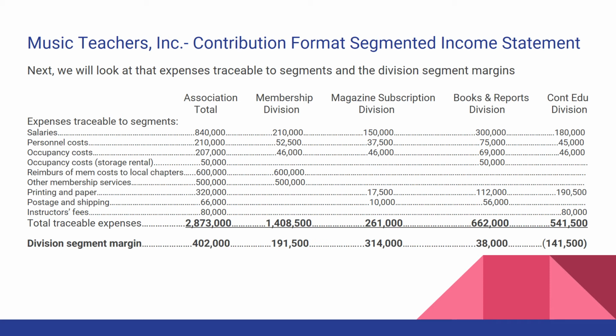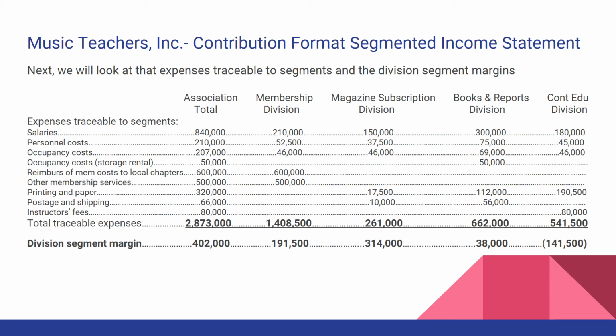Printing and paper. So we know that there was a total cost of 320,000 for the year. We know for the magazine subscriptions division, they mentioned there were a total of 2,500 subscriptions, and the costs were $7 for printing and paper per magazine subscription. So if we take that 2,500 and multiply it by the $7, that's how we come up with that $17,500